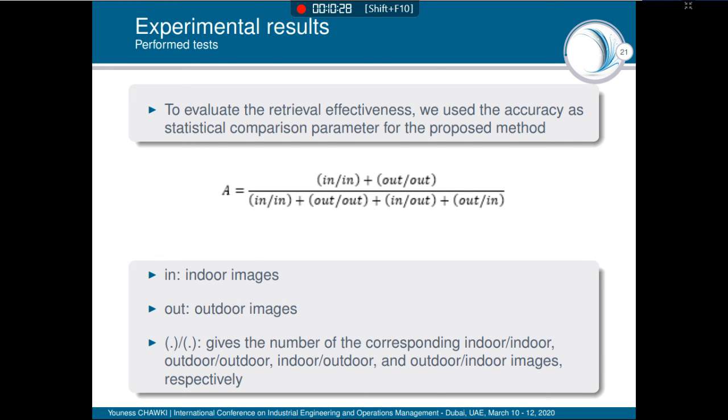To evaluate also the retrieval effectiveness, we use the accuracy as a statistical comparison parameter for the proposed method. We use this formula where N indoor is the number of indoor images, N out is the number of outdoor images, and this gives the number of the corresponding indoor and outdoor images respectively.